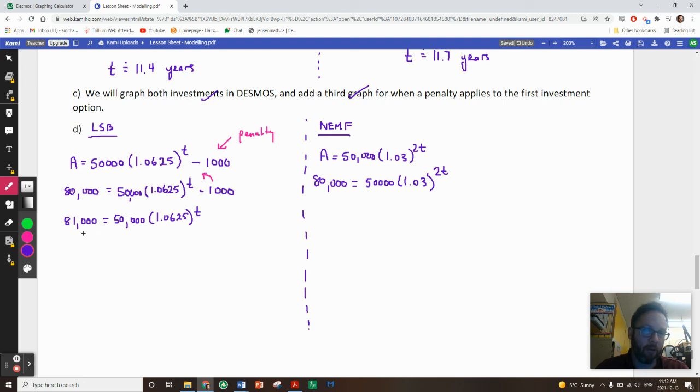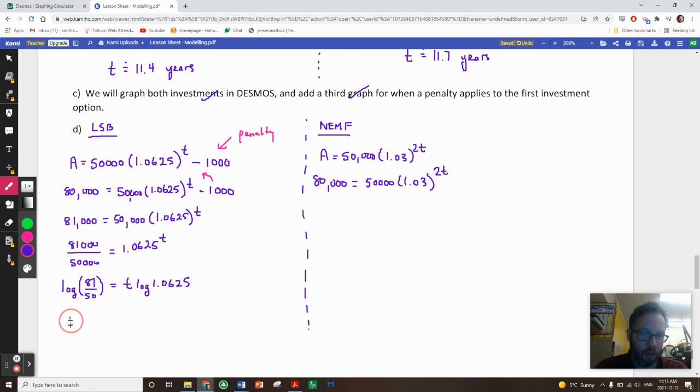So I'll keep a little bit more accuracy here. So 81,000 divided by 50,000, get that by itself. I'm not going to divide that and round. I'm just going to keep everything accurate. Equals 1.0625 to the power of t. Now just to save some space here, keep things a bit simple. So log of 81,000 over 50,000, and maybe that's equivalent to 81 over 50, just to make things easier on my calculator. And I know when I do the log of the right-hand side, I'm going to get t times the log of